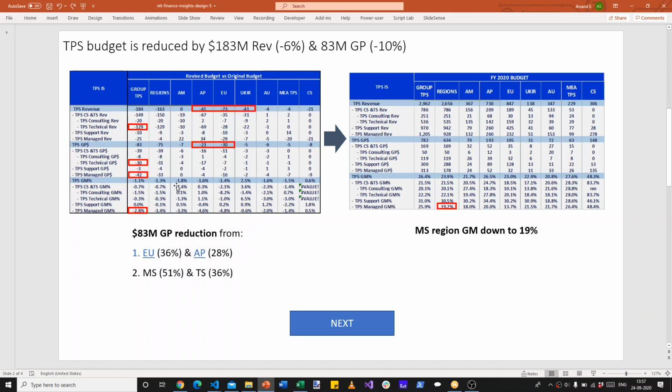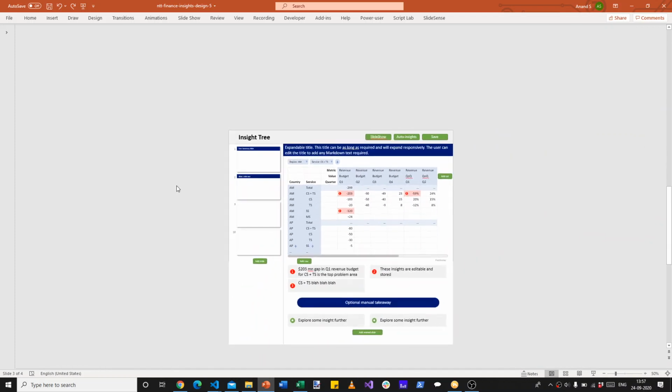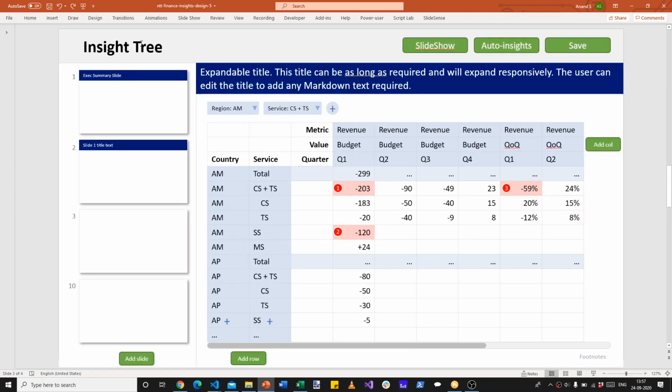To do this, here is the crude design that I'm proposing, and this is what I'd really like your inputs on. I'm creating an interface that's kind of like PowerPoint, but it's really on a web page. We have a title, the application title. I'm sure there needs more stuff, and I'm sure there are more navigation elements than I can think of. But there are three actions that I will come to in a short while. I'll start with the right hand side, which is really the equivalent of one slide or one insight. And there will be multiple such on the left hand side that they can create, edit, and move around.